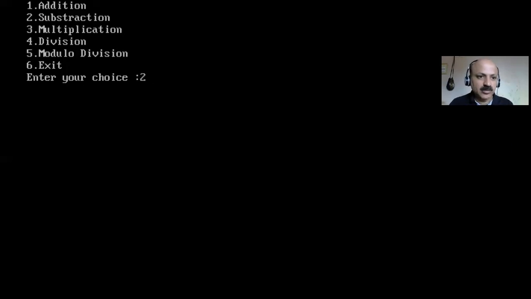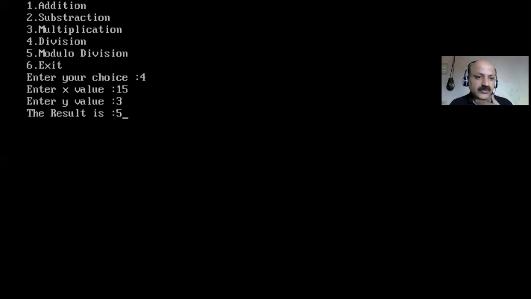So now I can give choice 2, which is subtraction. 9 and 3, so 6 is the answer. Yes, I do not press the enter key. Then choice 3, 9 and 3, 27. Yes, choice 4 is division, 15 divided by 3, so 5 is there.